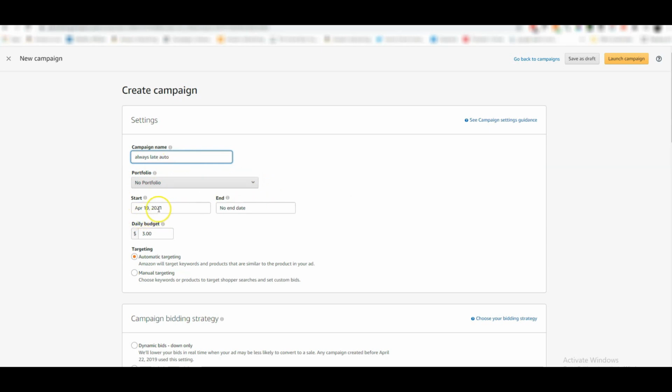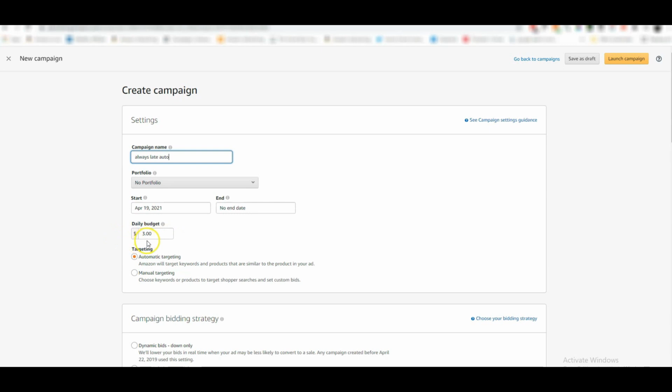The start date is the day you create the ad, and I always leave it on no end date. You can always pause your ads or stop them, but I leave it on no end date. The daily budget, I always choose a minimum of $3, sometimes $5. I think the higher you can go, the better, of course, but think about the budget that you want to spend.